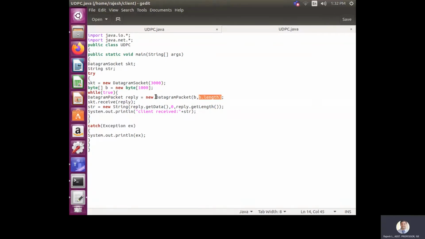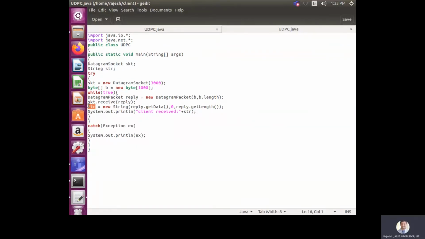Those many characters indicate the length. So receive those characters: skt.receive(reply) into this datagram packet. Then str = new String(reply.getData(), 0, reply.getLength()). You are attaching all the characters typed at the server side from that packet into a string variable.